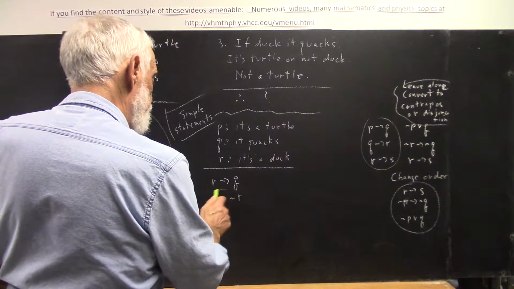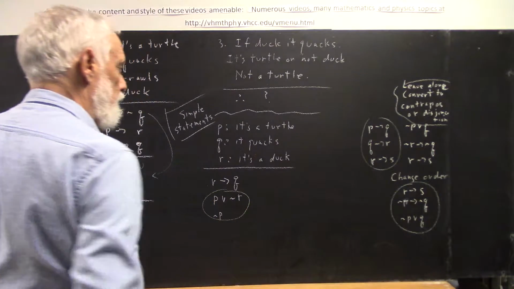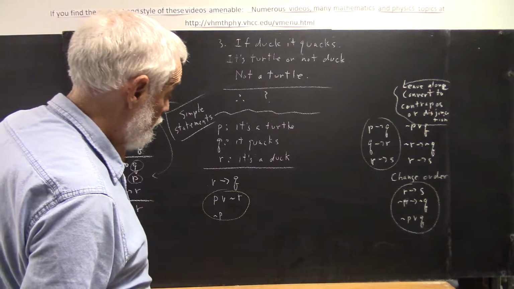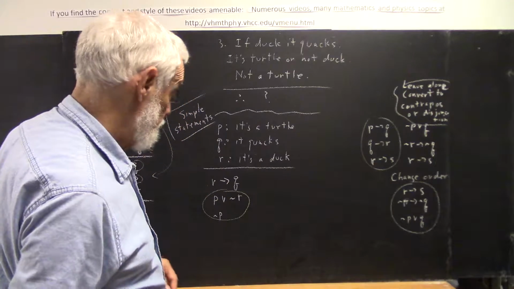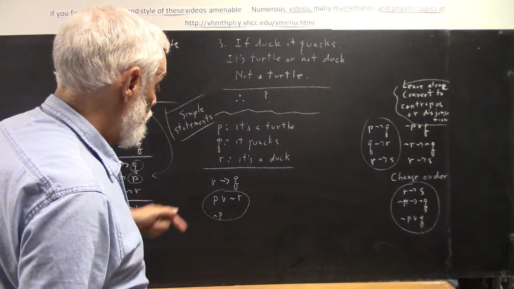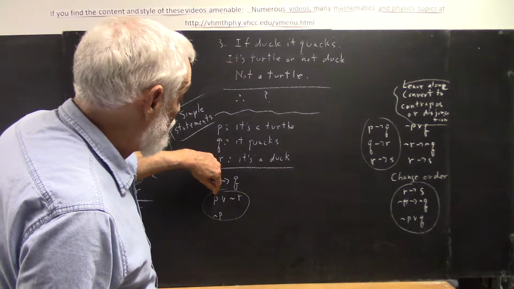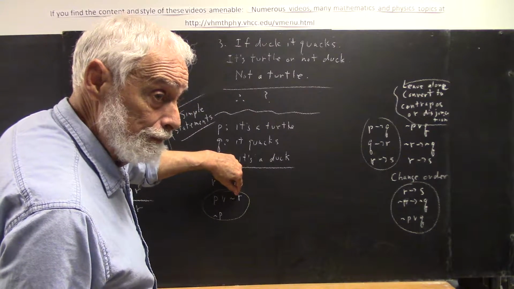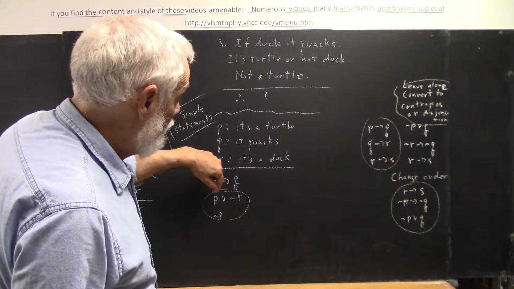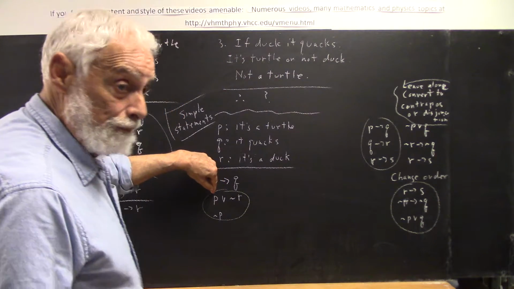What we can do is apply the idea of a disjunctive syllogism to these two statements. Now, this statement says something or something else. Okay? So, if this condition doesn't hold,